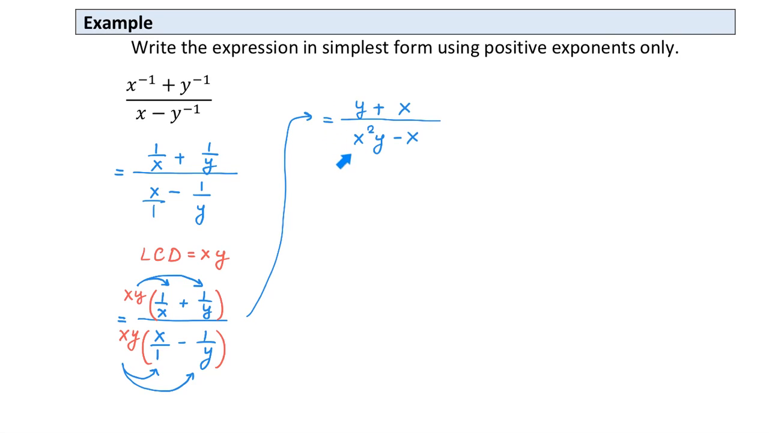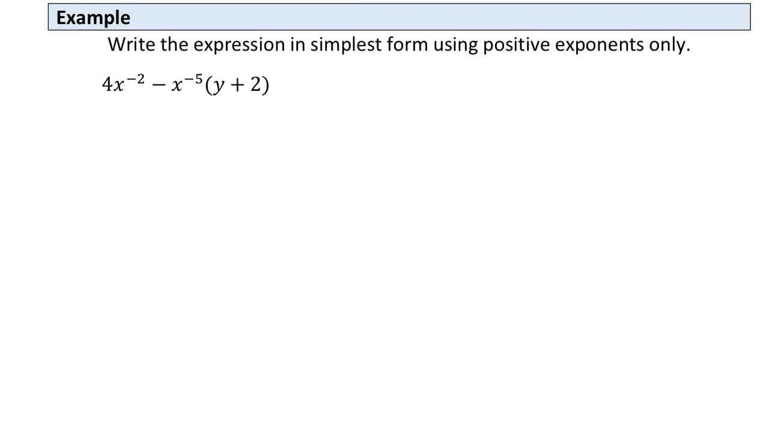Now, this fraction is not a complex fraction anymore because it doesn't have fractions in the numerator or in the denominator. Also, this fraction cannot be simplified more, therefore, this will be the result, y plus x over x squared y minus x. This is the last example of this section, and we need to simplify